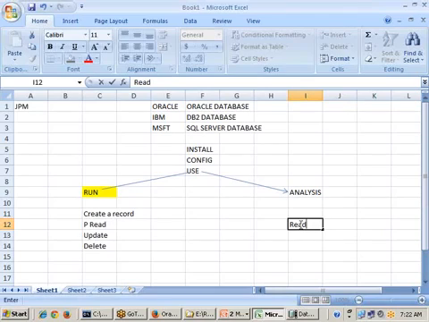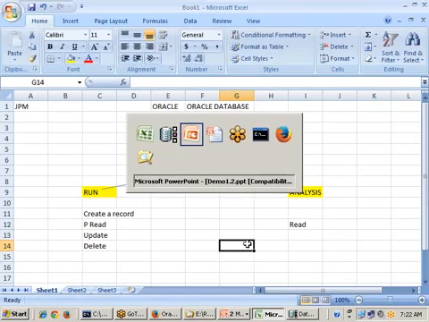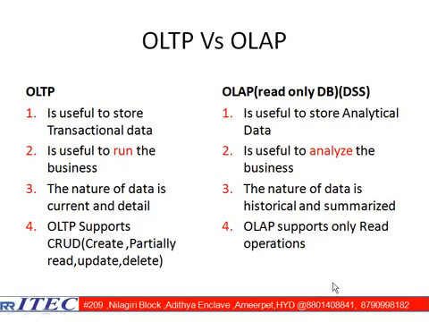From that analysis, I am going to take a decision. Okay, we are very clear on that. So analyzing is nothing but only reading is required. Analysis means what, sir? Only reading is required. That is what we are trying to tell you here. One point. That point is